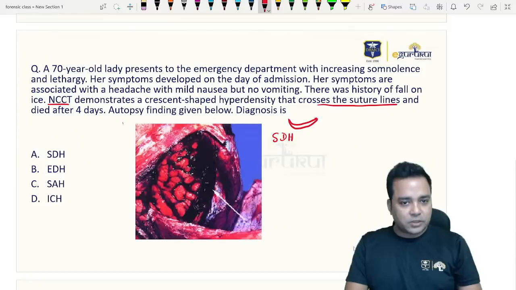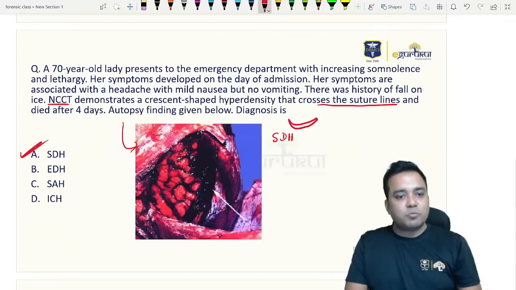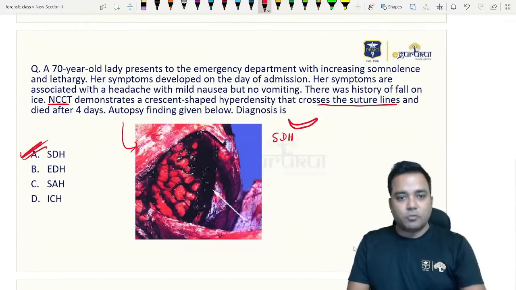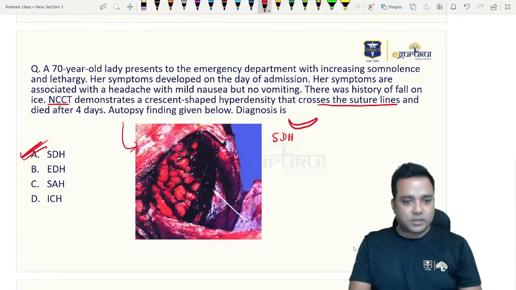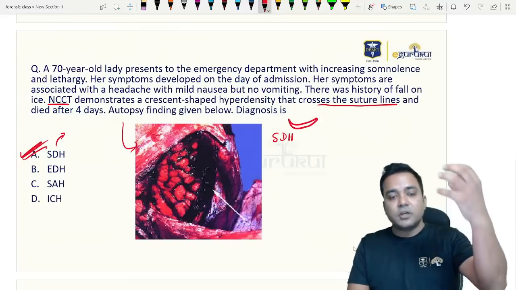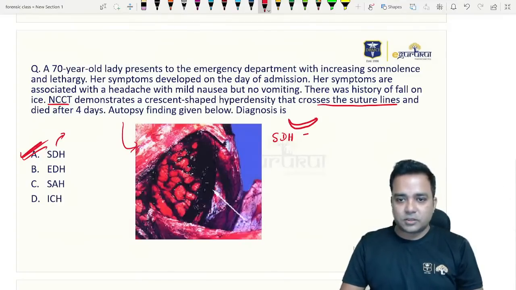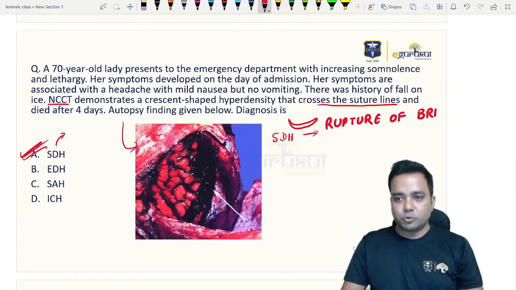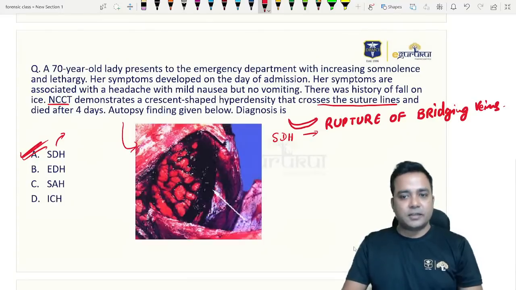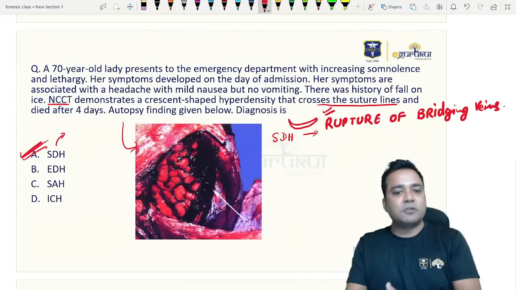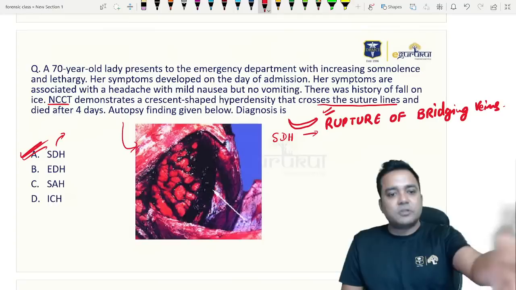The autopsy finding was shown in the image, and you were asked what is this hemorrhage. The answer goes with SDH. What is the most common cause of SDH? Suppose the question was what is the most common etiology for this hemorrhage? Yes, the most common etiology for SDH is rupture of subdural bridging veins. Without any doubt. Suppose this was the option. Some students told me that yes, this was in the option that they asked the cause. Nevertheless, if they ask the cause, you are in a position to solve the question. You have made your diagnosis. It is going towards SDH.